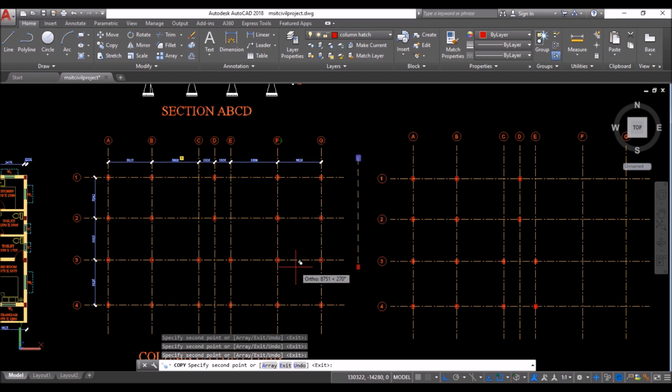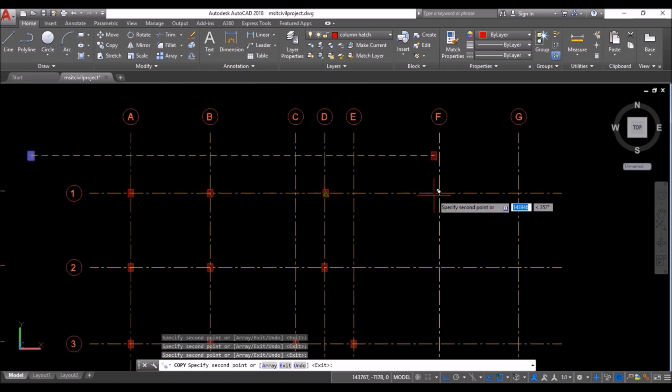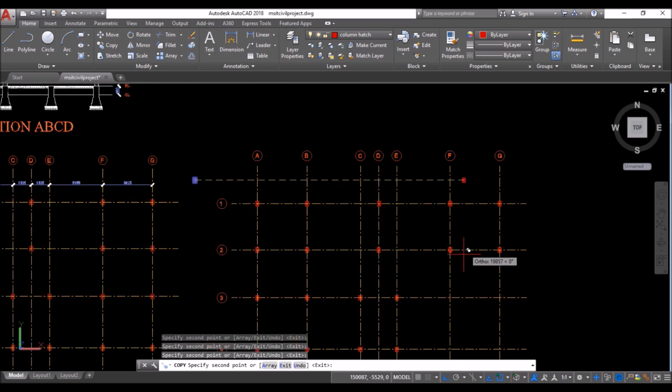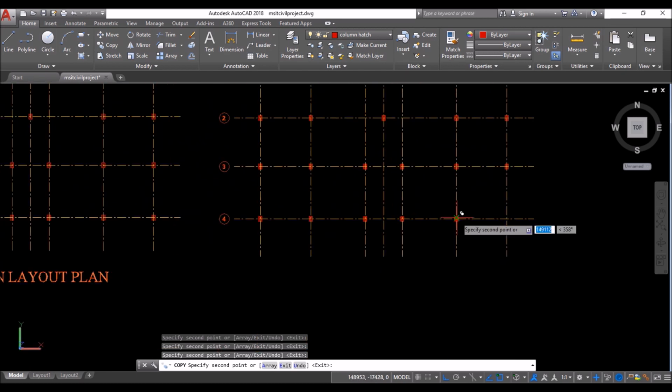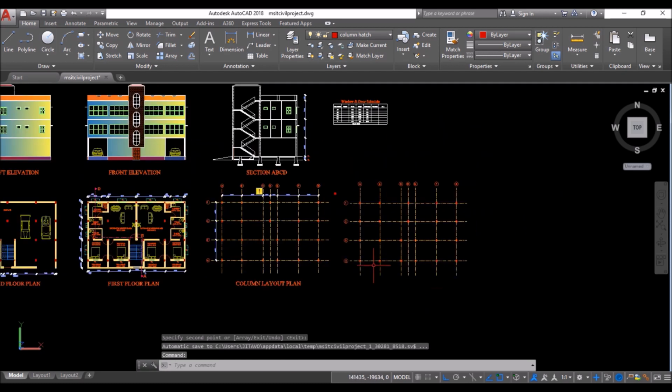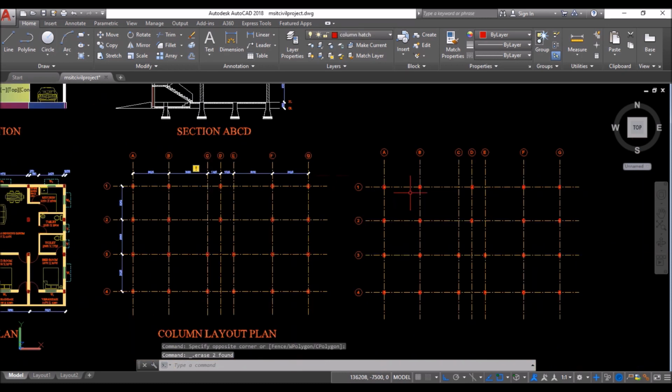Then at F1, F2, F3 and F4 and G1, G2, G3 and G4 positions. Then press enter to exit from the copy command. Then erase this one. Now all the columns have been placed properly.